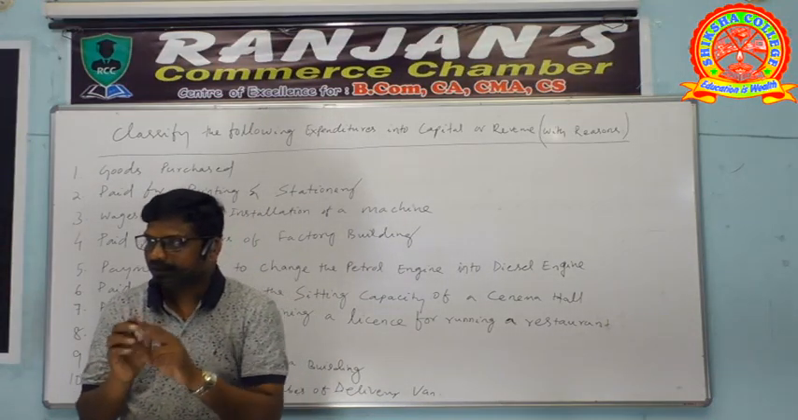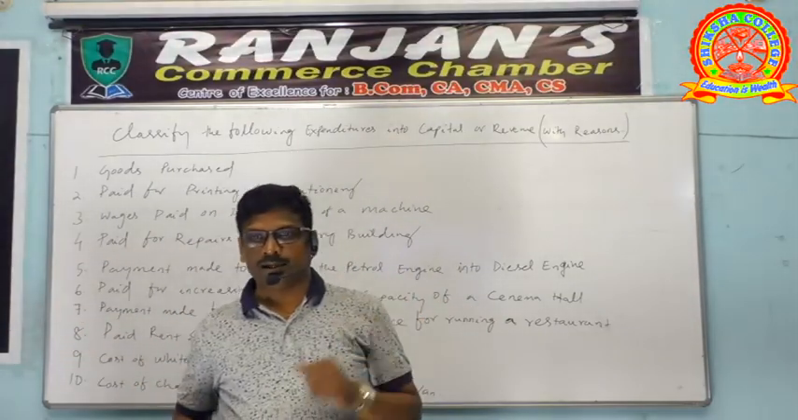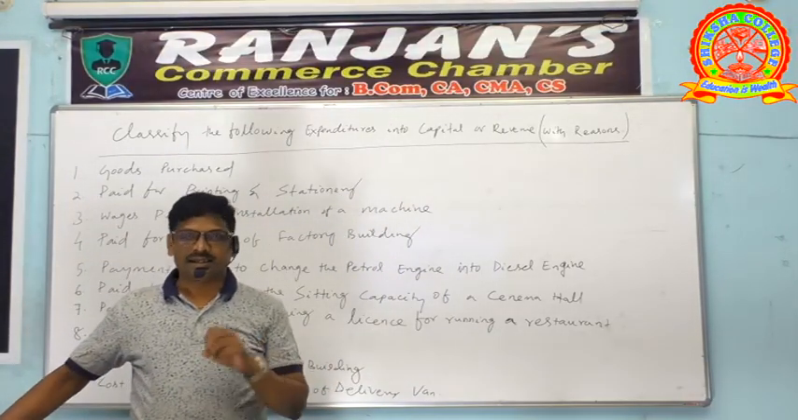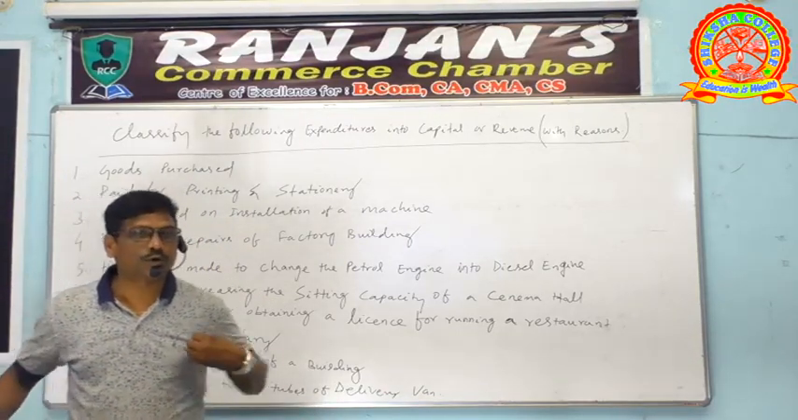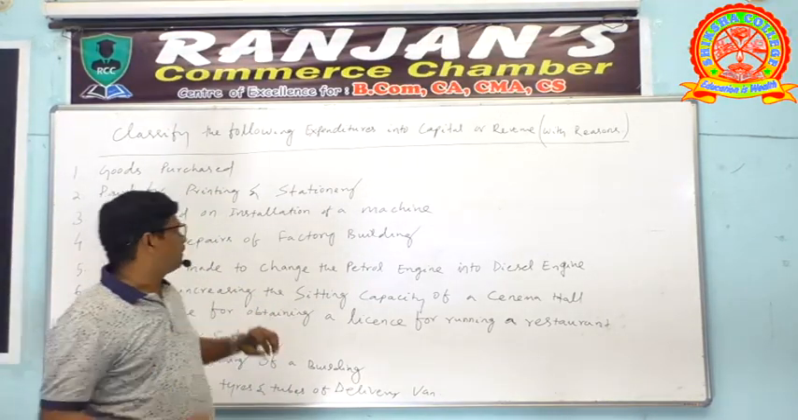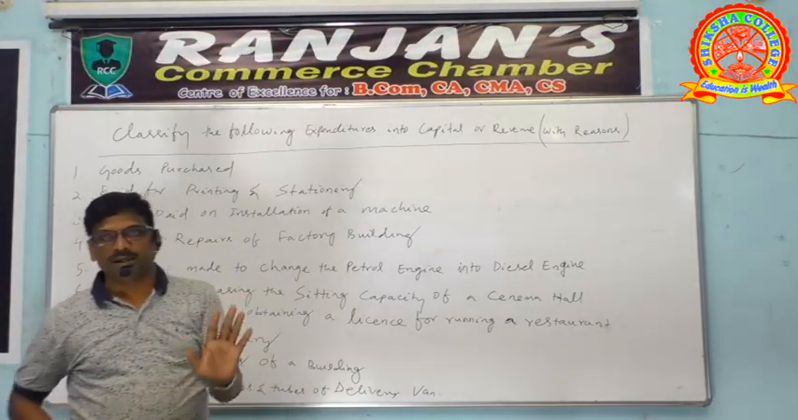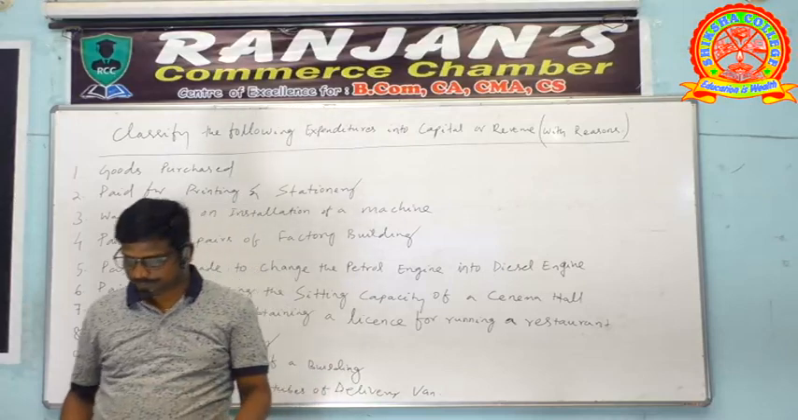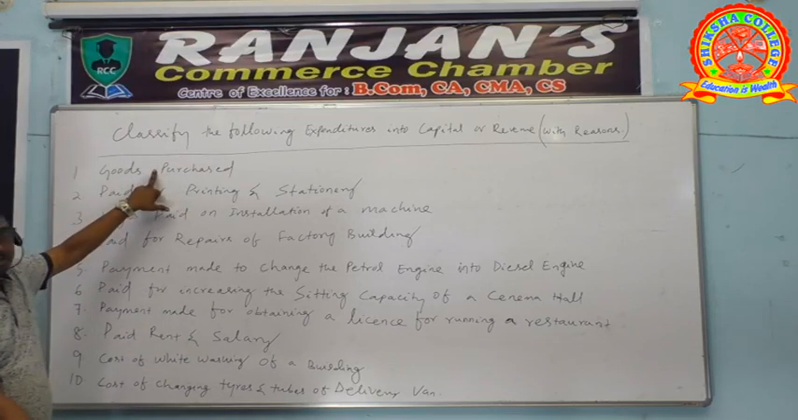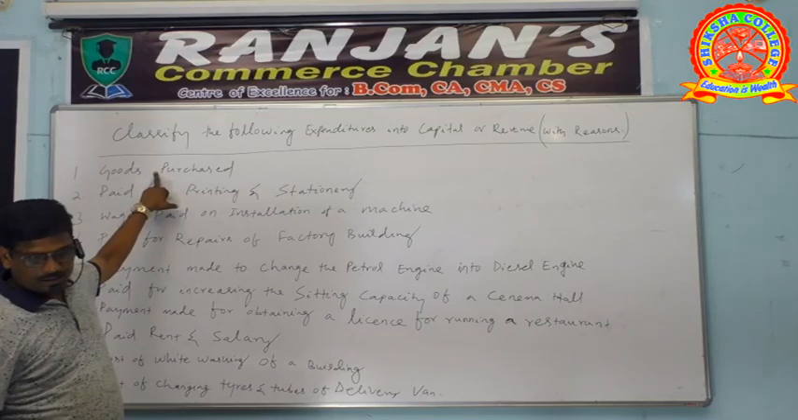Otherwise, the expenditure can never be categorized as capital expenditure. Goods purchased is expenditure, but normally the goods purchased are to be resold during this year only, and the benefit will be derived. So the amount incurred for purchase of goods is expenditure and it's a revenue expenditure. Okay, write down its answer. It is a revenue expenditure